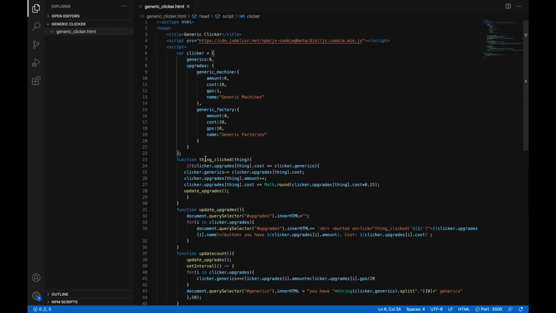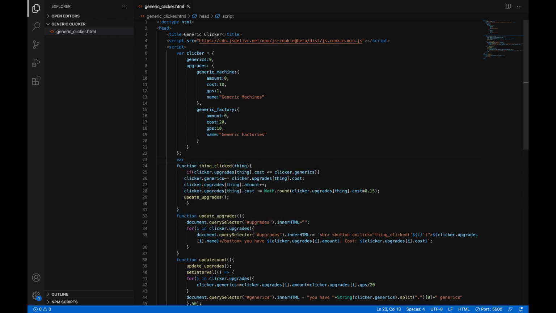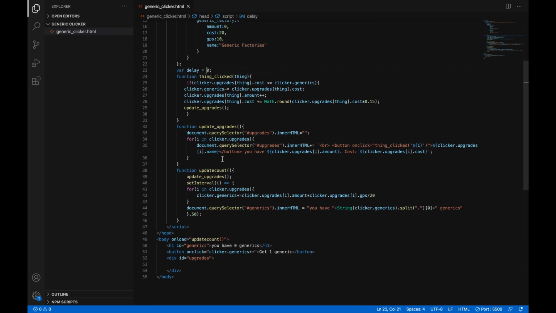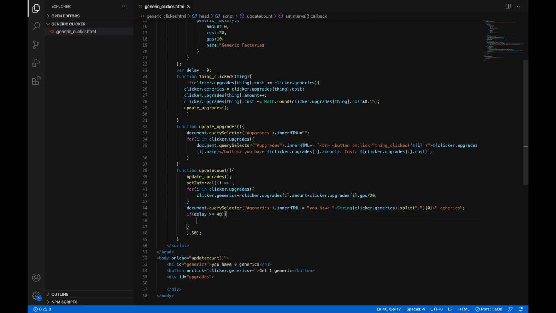Right under our clicker thing, let's make another variable called delay. Var delay equals 0. Make sure it's set to 0. Now go into the update count function. And, oops, let's add semicolons here. There's no semicolons, I don't know why. And in here, we will do if, in parentheses, delay is greater than or equal to 40. So once that variable gets up to 40, open curly brackets,